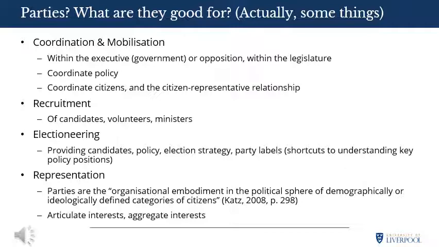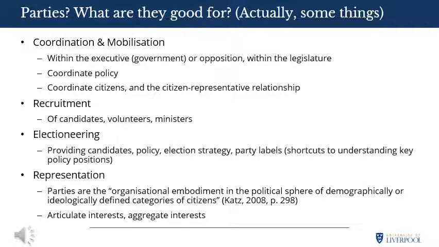And so CAT argues that to the extent the parties perform a coordination function comprehensively and effectively, it becomes reasonable to regard parties as organisations rather than individual politicians who hold office in their name as central political actors. So essentially, if parties provide the coordination function they're supposed to, we can think of them as single units. If they don't, it makes a lot less sense to think of them as single units because they'll always be split.